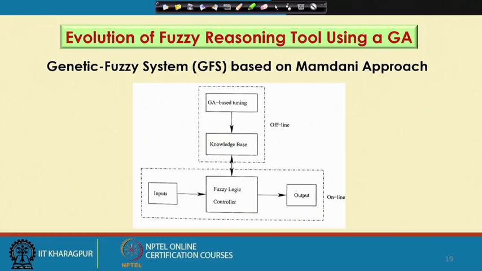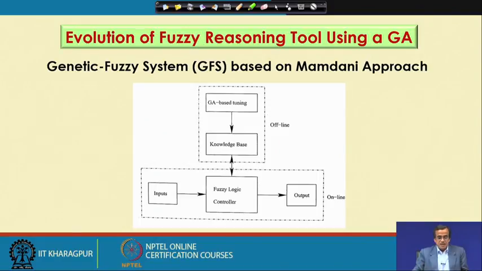Evaluation of fuzzy reasoning tool using a genetic algorithm. Now, fuzzy sets are sets with imprecise boundary. Now, there are several applications of the principle of fuzzy sets, and fuzzy reasoning tool is one of them. The purpose of developing this fuzzy reasoning tool is to establish the input output relationship of a particular